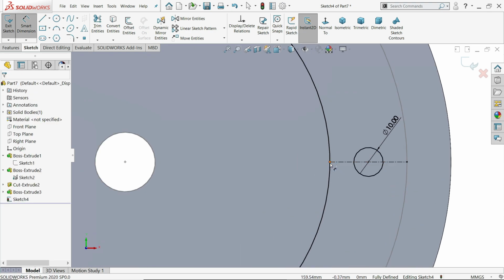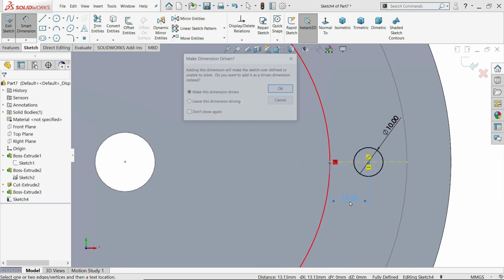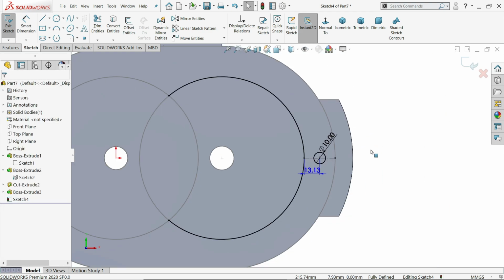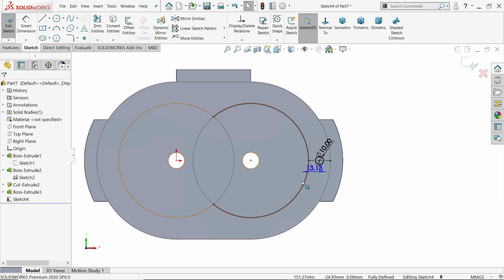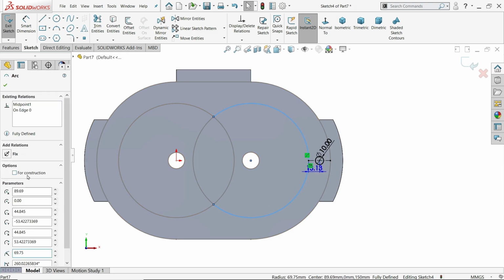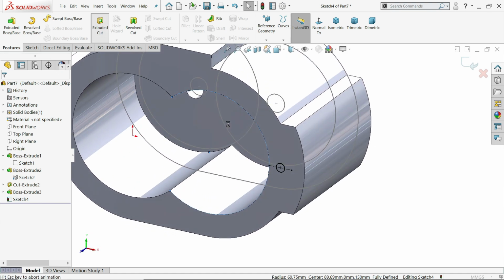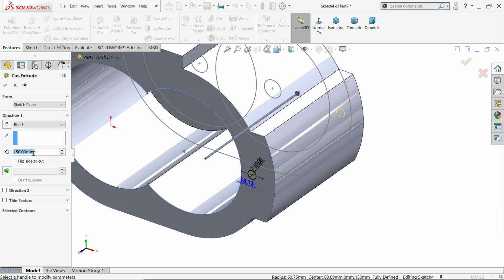If you check the distance from this end to this end, 13.125mm. That's it. Click this one for construction purpose. Extruded cut. Now this depth is 30mm.